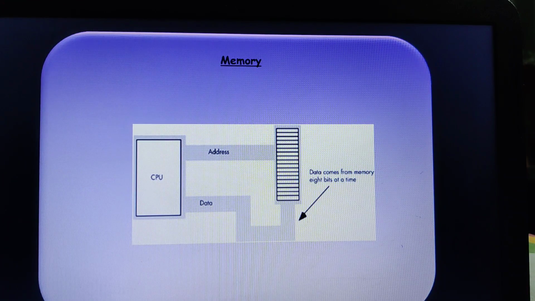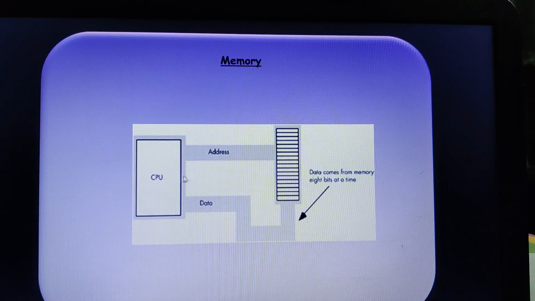Then moving on to the control bus. The control bus is used by the processor to send signals to the different parts of the computer in order to keep the different components coordinated. Whenever there is a data transfer, the CPU will not automatically communicate with the RAM. The CPU will send signals through the control bus to the RAM, so that the RAM will know that right now the CPU wants to communicate with it.